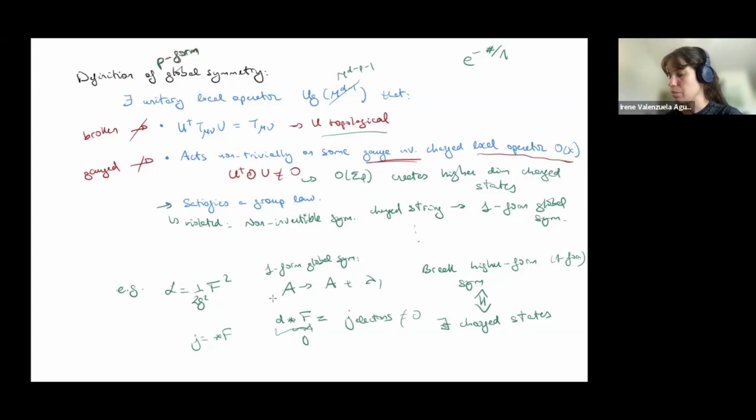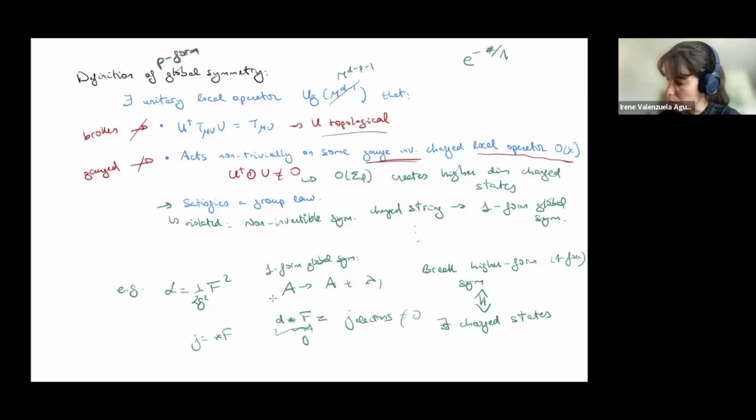Now they are going to be labeled, so the topological operator is labeled by the conjugacy classes of the gauge field. So you have some current labeled by that. And then this is the proof. You can find it in a paper I have, which is called, I don't know, completeness and non-invertible symmetries, I think it's called. There we prove that in order to get rid of the full 1-form global symmetry,